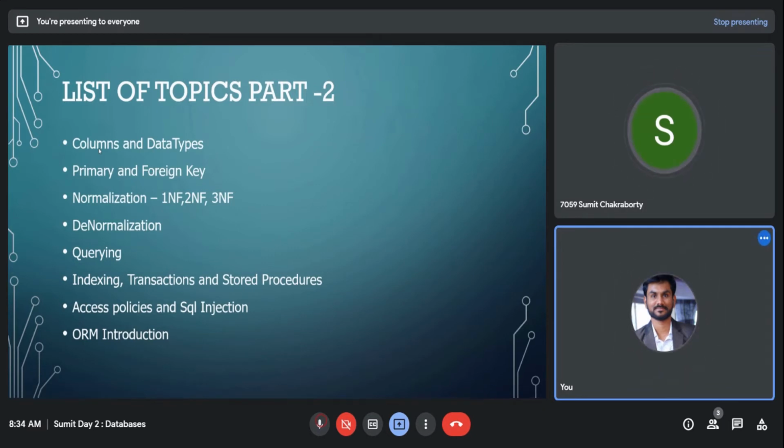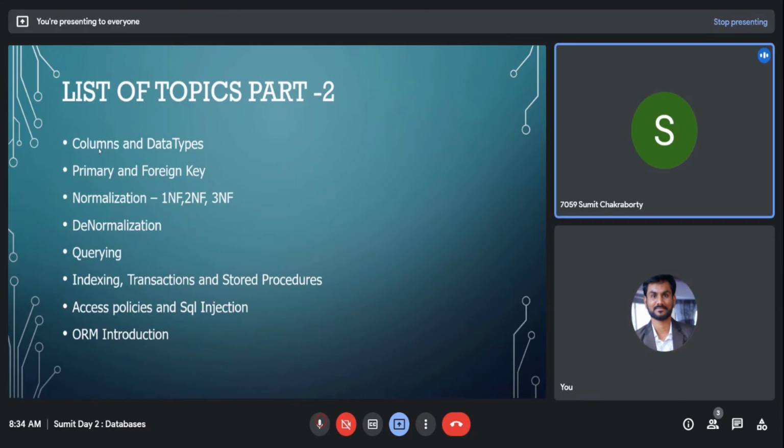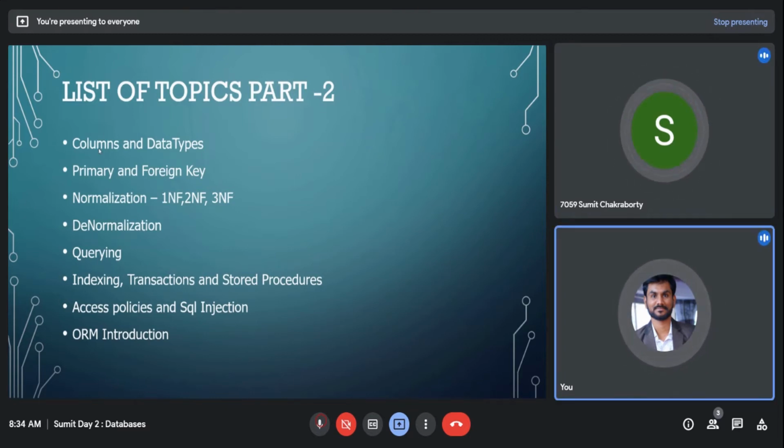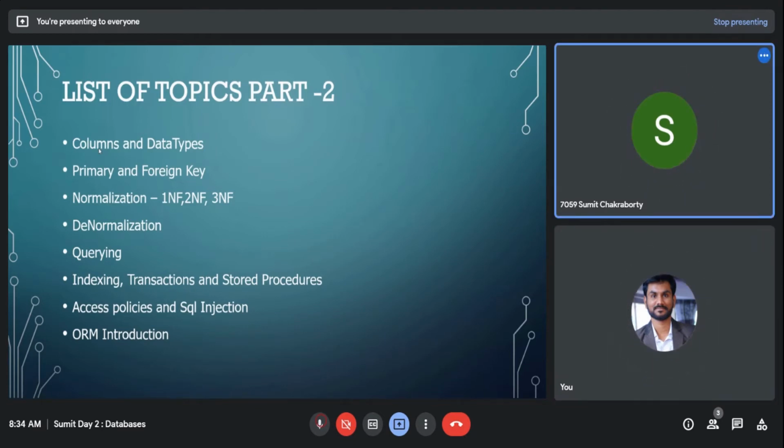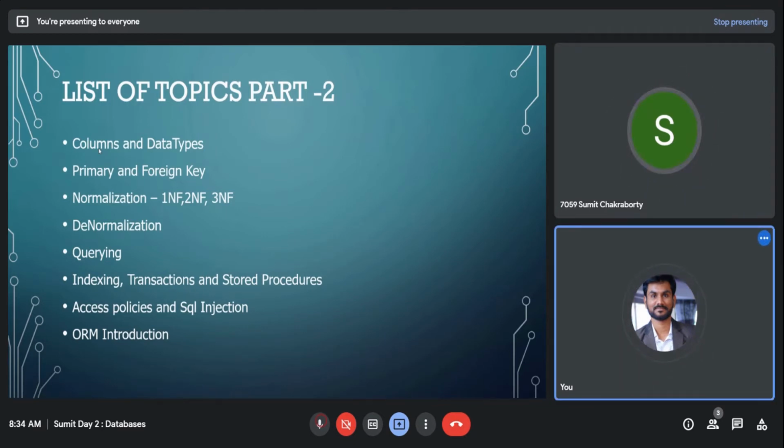Okay. Now, foreign key is similar. It's just that each student might have different addresses. He might have a residential address, he might have a rented address. So generally what you're doing is creating a one-to-many relationship and storing addresses in a different table. One person has multiple addresses. But you need a way to map these addresses back to the original person table or student table, right? So you will create a foreign key. What is your foreign key? The primary key in your first table will become the foreign key in your second table.